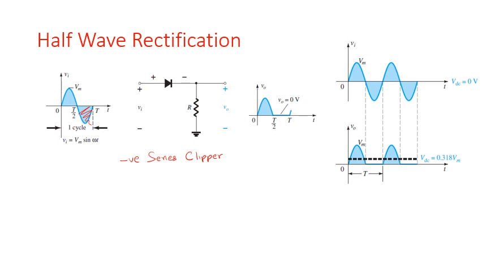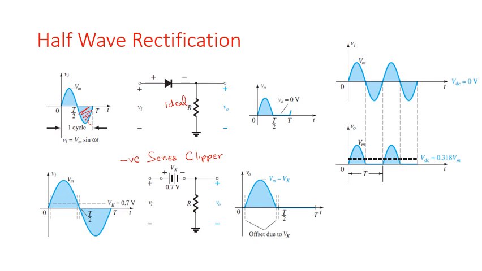But you wouldn't want to lose all the negative waveforms, you want them as well. So before getting to the negative waveforms, what I've drawn over here is for an ideal case. But if this has to be replaced by a practical diode, then you will have a battery of 0.7 volts over here, and your system will look something like this, where I'll have Vm minus Vk, where Vk will be 0.7 volts for silicon and 0.3 volts for germanium. This will be your final waveform, and you'll have an offset due to Vk. But this is not okay.